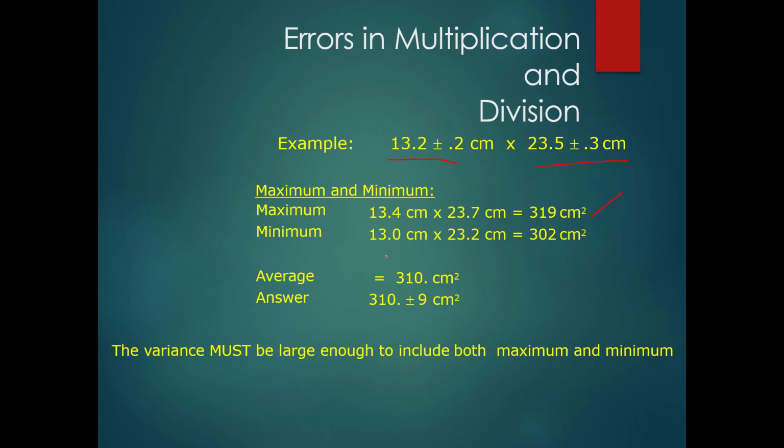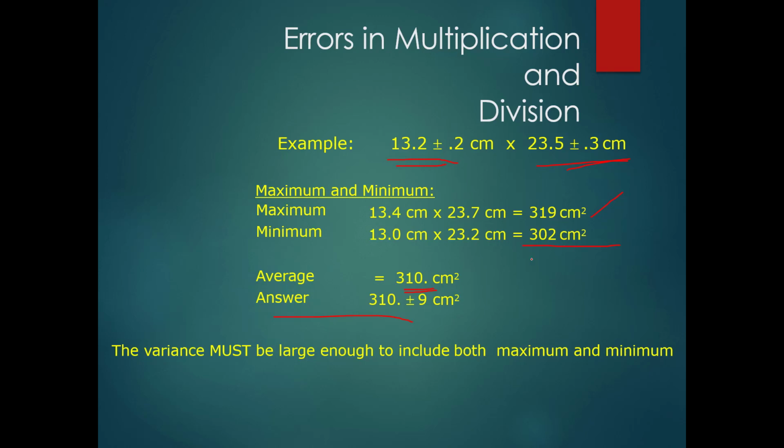Similarly, you calculate the minimum value: here 13.0, and here the minimum value is 23.2. Again you calculate the minimum value of the result. Taking the maximum value and the minimum value, the average will be the answer. And as I have told you, from this average of 3 1 10, this is 9 above